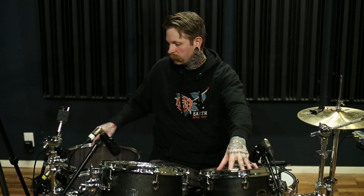So this tuning sounds great, but what happens if one of the songs on the record is in A major? Well, that doesn't work because this is tuned to a C and this is tuned to a C, and A major has F sharp, C sharp, and G sharp. So that means we need to change something. We can either take this up a half step or down a half step. Let's try taking it down a half step,